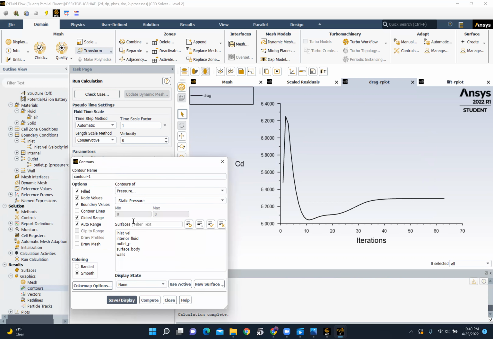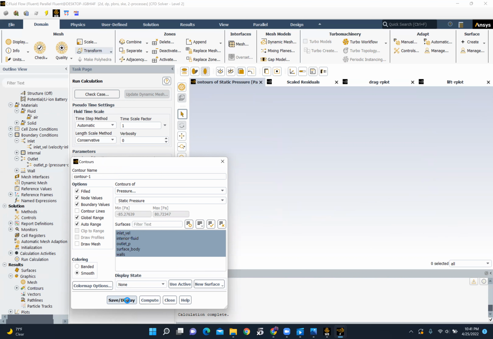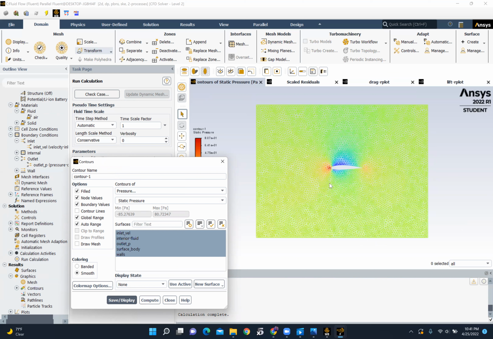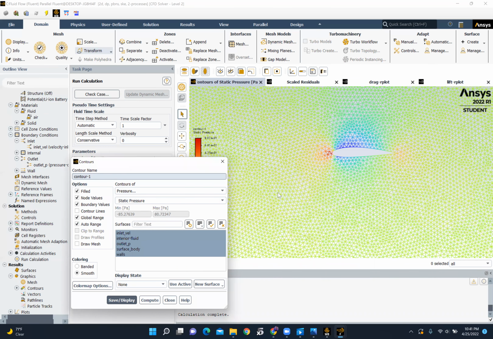And then this is pretty standard. We should have a good handle on this at this point, but we're gonna click all of them and we're just gonna show you quickly how to get your plots. So yeah, like I said, obviously you're gonna want to have this a bit more refined as far as the mesh goes, but this would be what your static pressure looks like,